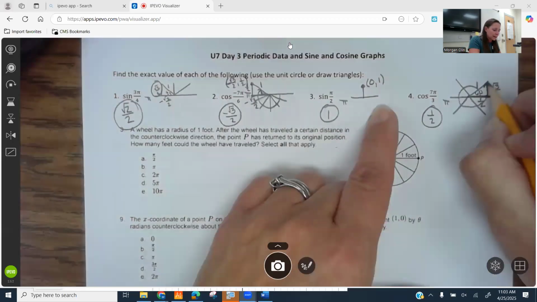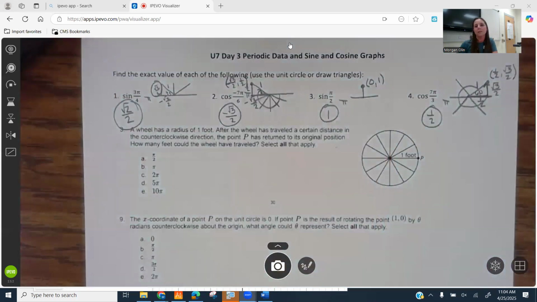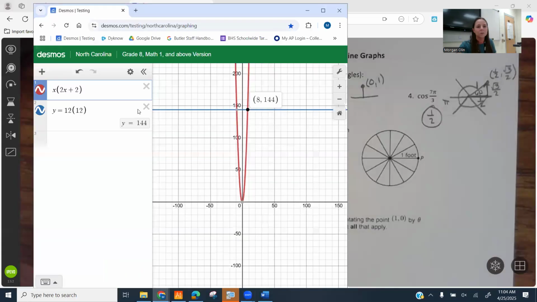Or just memorize anytime you have 60, 1/2 comes first, square root of 3 over 2. And I don't have to worry about anything being negative in the first quadrant right there. So we all do it different ways. Don't forget that when you have Desmos,